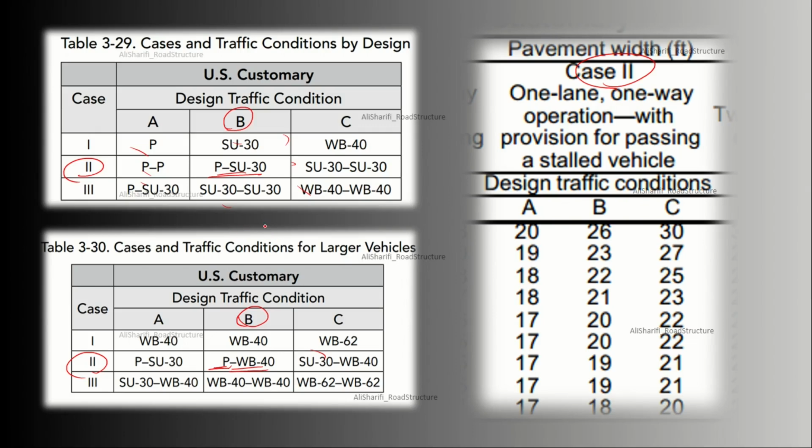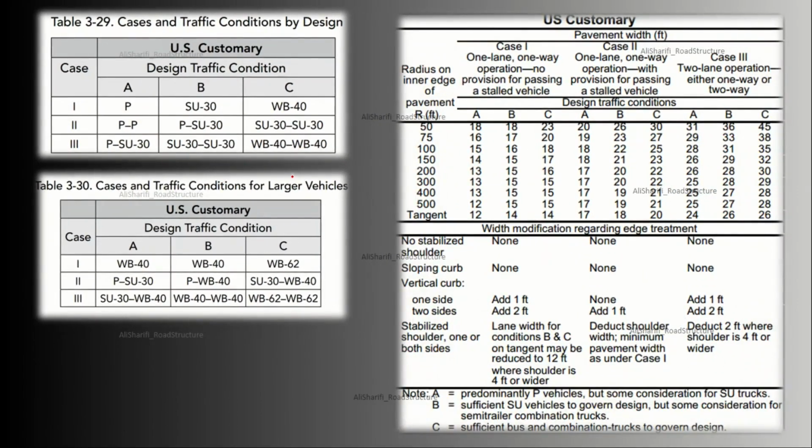It really helps you in deciding which traffic condition is appropriate for your turning roadway. Here the point I'm trying to get is that as you can see, the largest occasional design vehicle that can be accommodated with these widths under traffic condition A and B is a WB4D, and under traffic condition C, if you accept this correction, which is based on older editions of Green Book, and also comparing the needed widths for a W62 with the related figures in this table, then the largest occasional design vehicle that can be accommodated with these widths is a